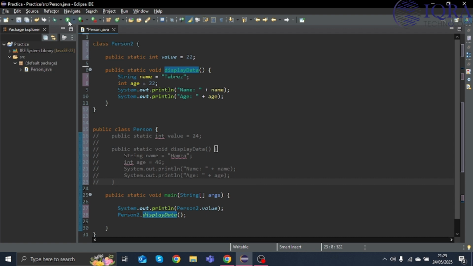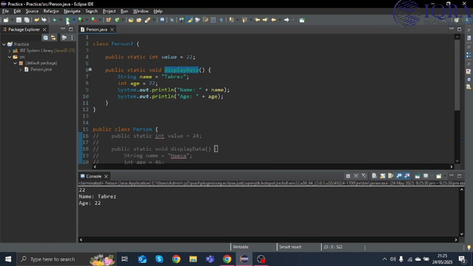So let's run this and see. We got the output as 22, which is our field, and then again name and age, which is our method. Did you understand? And at last, we will see how to access non-static members in a class and inside the class. So if I remove this,